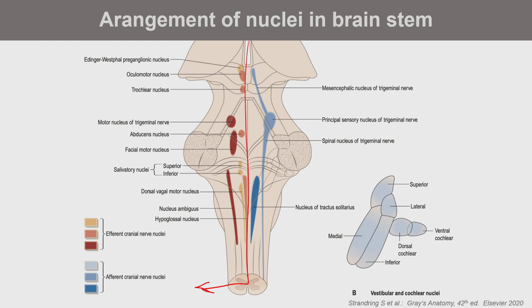So then somatomotor. Somatomotor are oculomotor nerve, nucleus, then trochlear, then in the region of the pons, abducens, so sixth nerve, and then a long